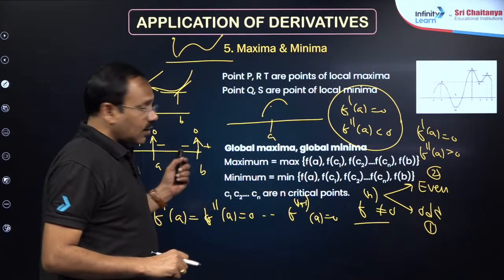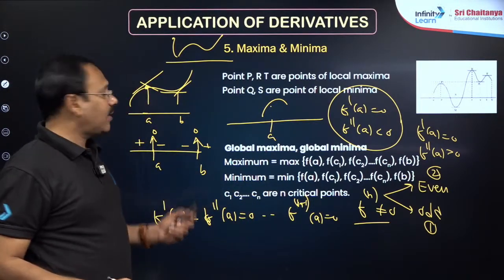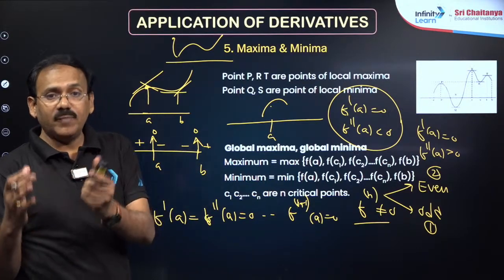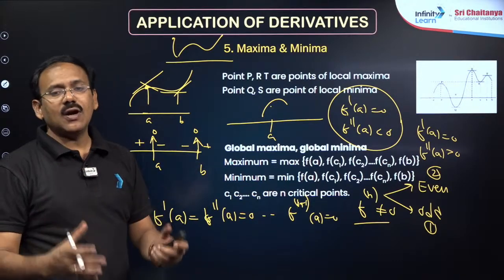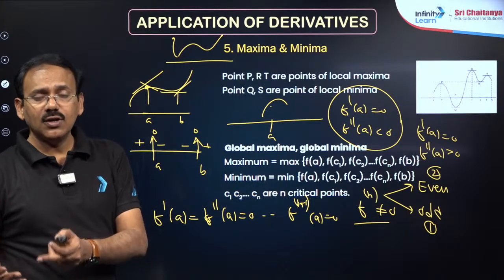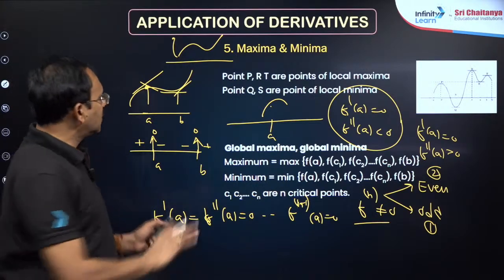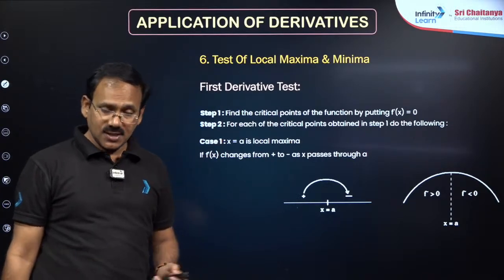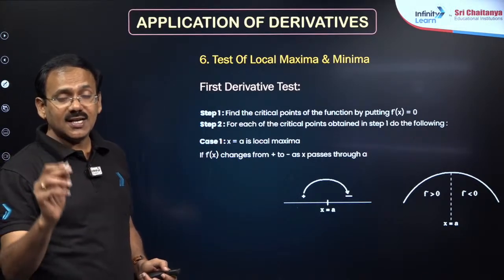So for global minima, you have to take all local minimums, and f of a, f of b extremities also, then take the minimum of all those, which will give you the global minimum, my dear friends. This is all about the maxima, minima synopsis, and the most important points: